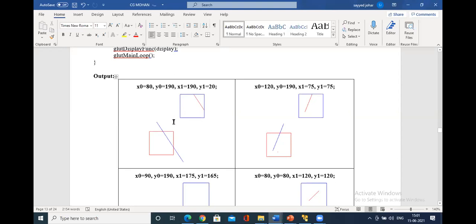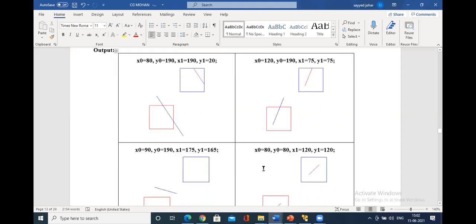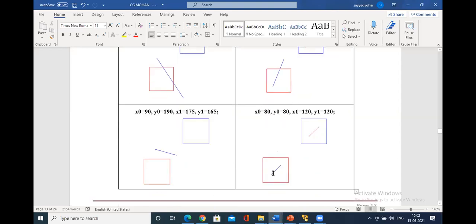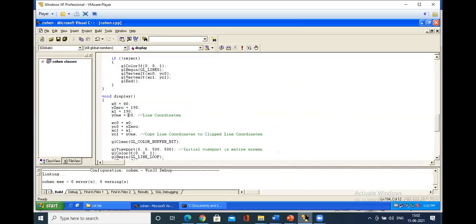Clear? So for this, let me give this input: 80, 80, 120, 120. How it is mapped, we will see. I'll give Y 80 here and modify 80 to 120. X0, Y0 is 80 only. So 120.